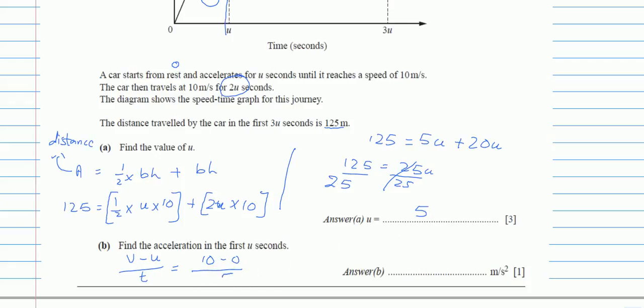Now if you haven't found u in part A, assume any number here, because you never got any number. Just write or assume any number here and use this number over here. Do not say because I couldn't find part A I will not do part B. No, please do not do that in the exam. Anyway, it will be 10 minus 0, which is still 10, divided by 5 is 2. So this is my answer.